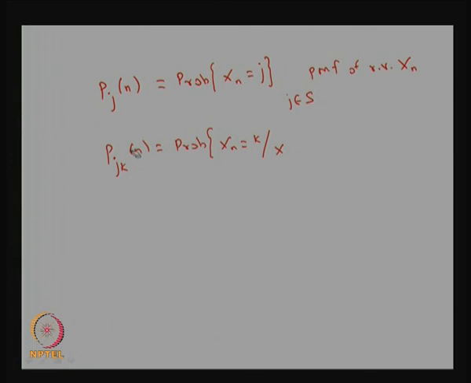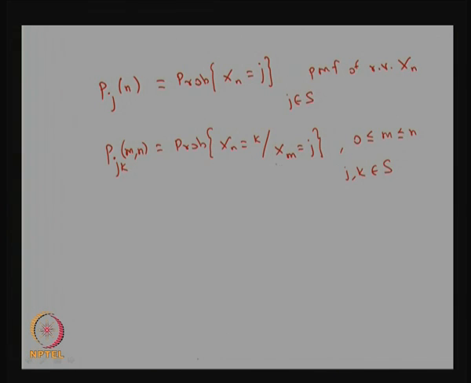I need two indices here, with the two variables m comma n. What is the probability that Xn will be the state k given that Xm was j. Obviously, m lies between 0 and n, whatever m and every n, and j comma k belong to capital S. So, this is a conditional probability distribution of the random variable Xn with Xm, and